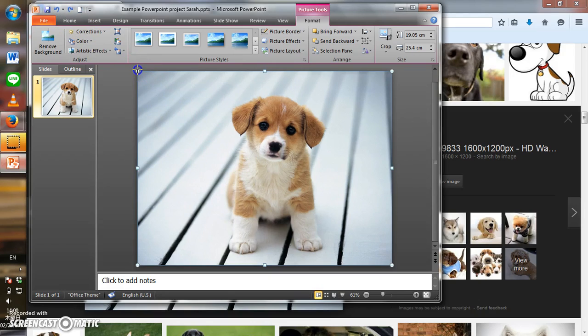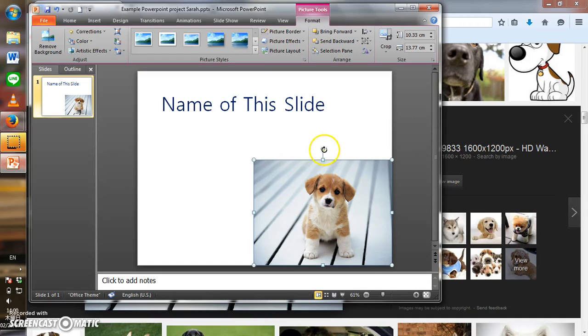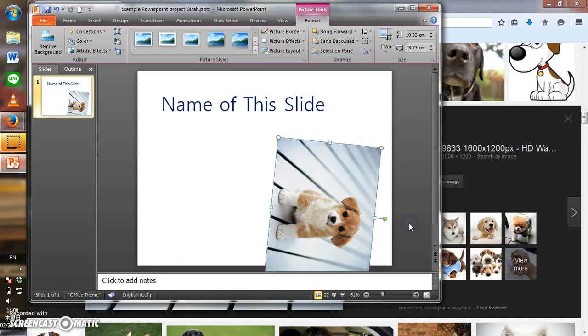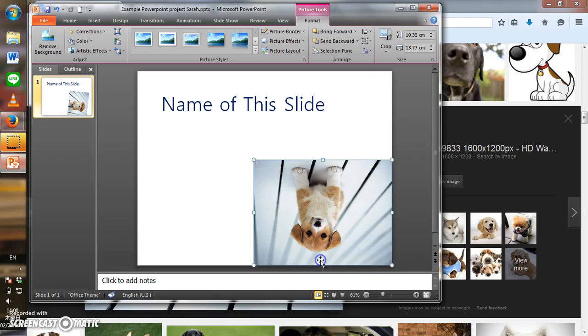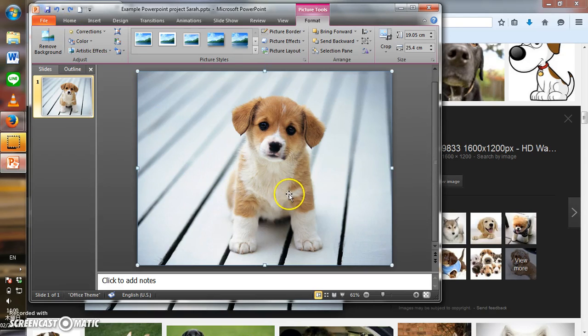Please change the size using the corner of the photo. Okay, you can make it bigger or smaller. You can turn the puppy on his side or upside down. Okay, but for now, I'm going to use the big image, the same size as my slide. I want the text to come to the front, so I'm going to